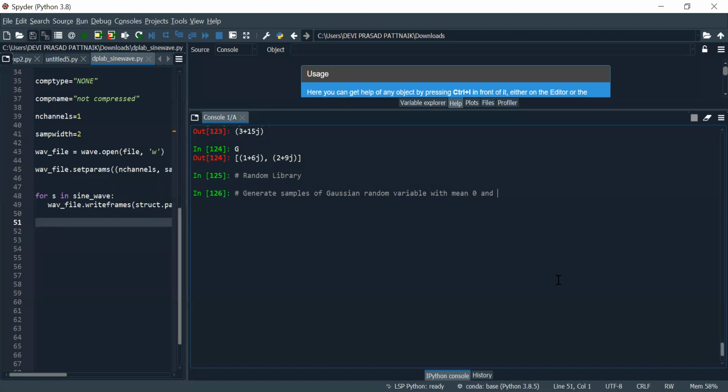Zero mean, variance. In order to use this, I have to import numerical Python, and we have to use the random library.